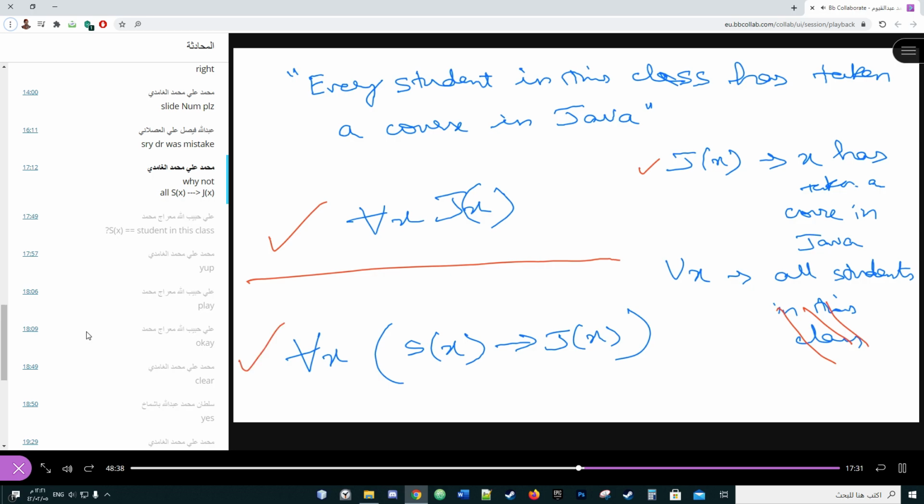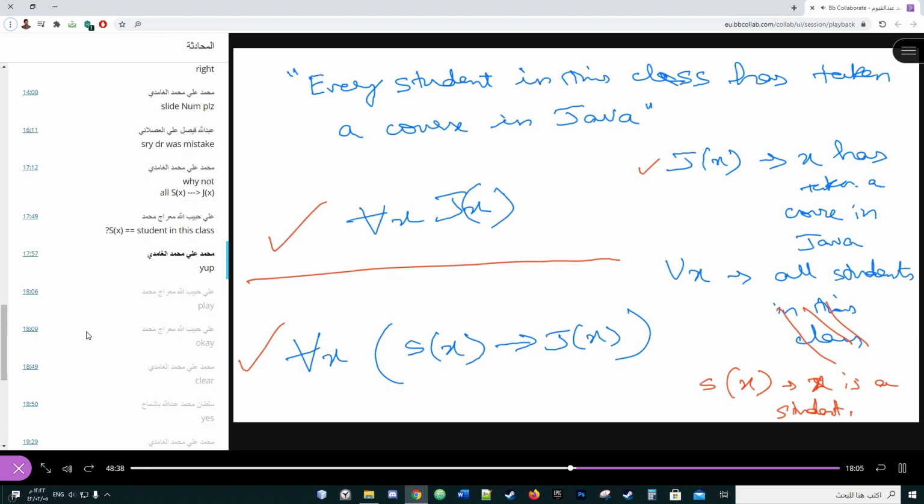Why? Because they have different domains. The first one says the domain is just all students in this class. Sultan says that's my domain and this is my answer, so I give him full marks. And Muhammad Ali says my domain is all students, which includes students who are not in this class, students in Japan, students in Korea. So S of X, he defines it as X is a student